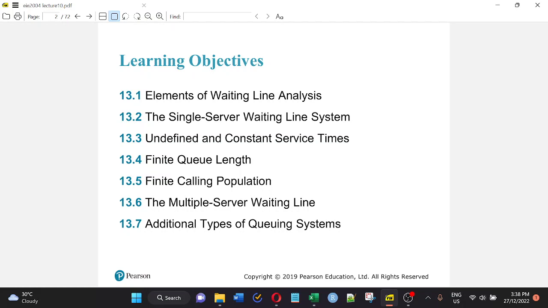until 13.6. There is actually a set of formulas for each type of waiting line system, but it is important that when you read a certain case, you know that, okay, this is a single server waiting line system, this is a multiple server waiting line system, etc. Okay. All right, so before we begin, we are going to talk a little bit about the elements of